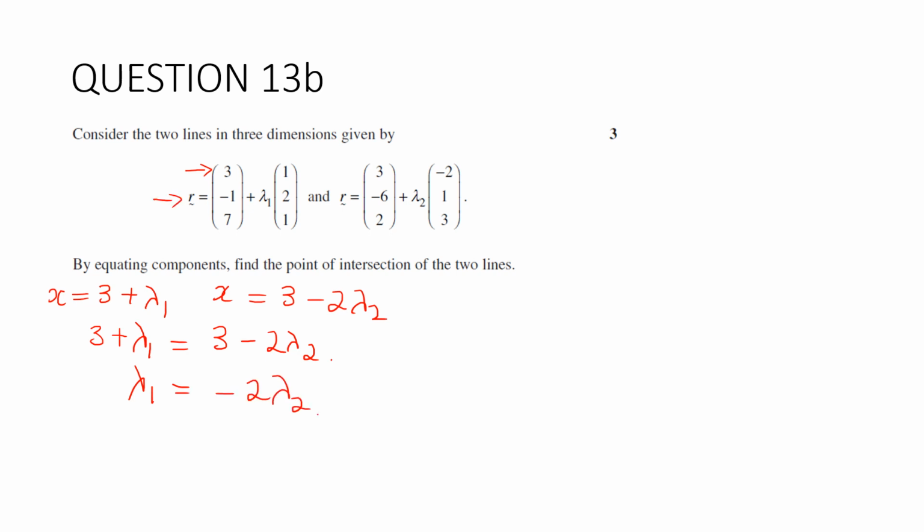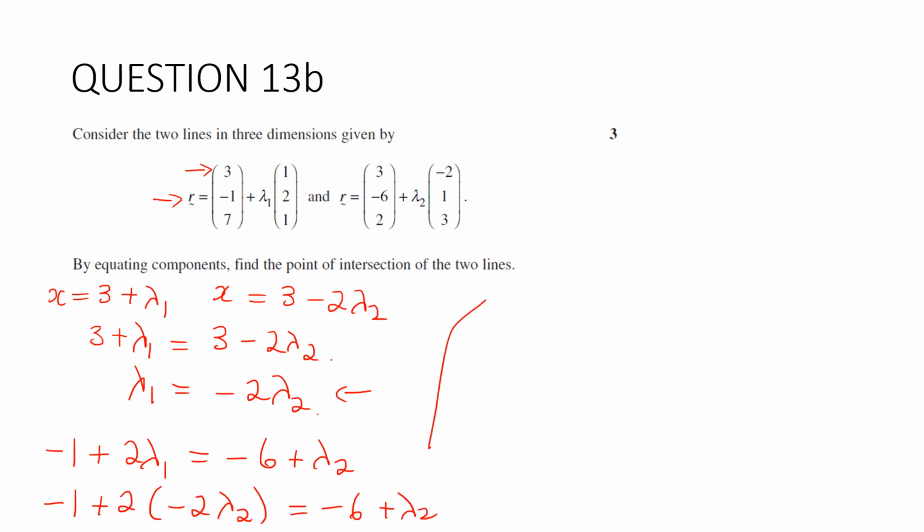Now let's look at the y's. We've got negative 1 plus 2 lambda 1 is equal to negative 6 plus lambda 2. So substituting in for lambda 1, we get negative 1 plus 2 lots of negative 2 lambda 2 is equal to negative 6 plus lambda 2. That gives us negative 1 minus 4 lambda 2 is equal to negative 6 plus lambda 2. Taking these over, we get negative 1 plus 6 is 5, is equal to 5 lambda 2,